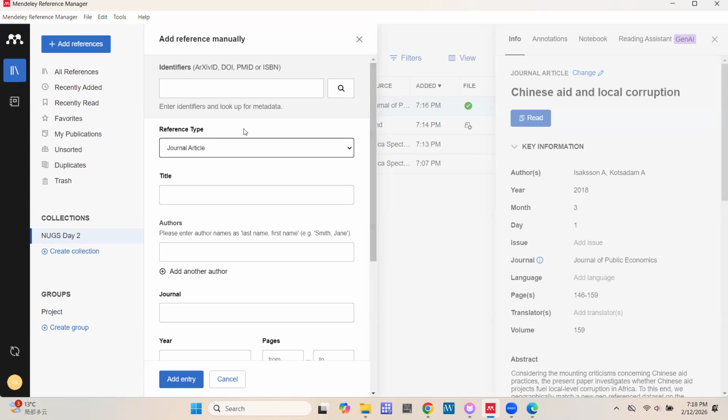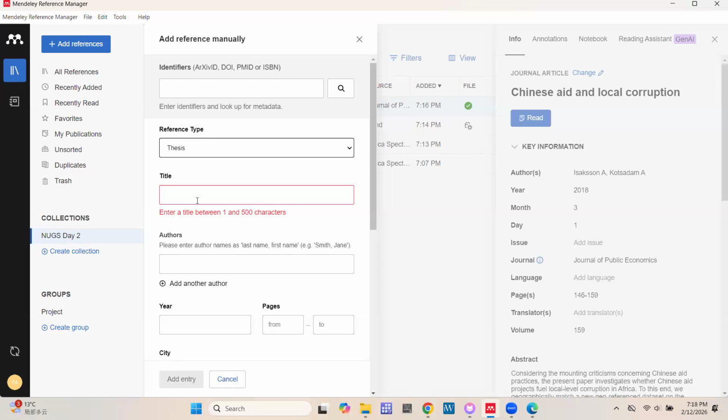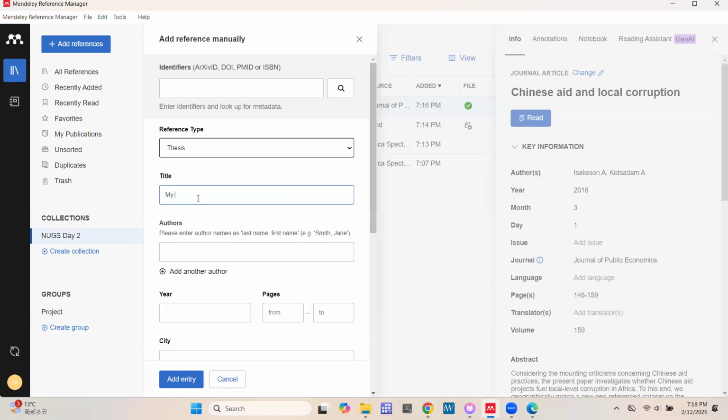So now you can basically, just like we did for Zotero, you can click here, choose the option. Okay, is there a book section? Is there a report? Whatever it is. Is it a thesis? So let's go with thesis. All right, so we put the title. My vowels day thesis. And then you add the author.